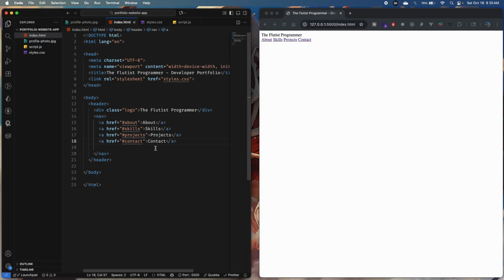Okay, so now after this we are going to open a button. So let's put here inside the header a button, and the button is going to have an ID of toggle nav btn, and the class is going to be menu button. Here it's going to be a hamburger, so I just have the